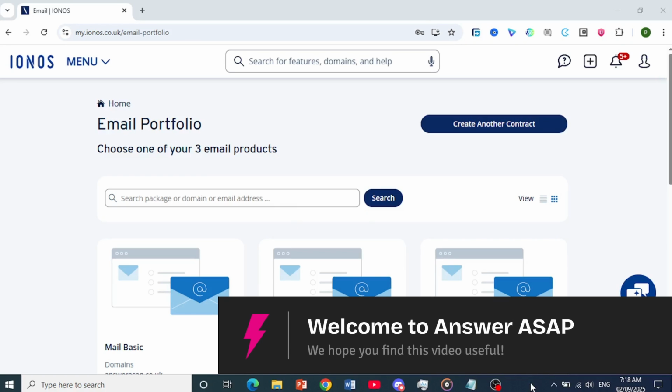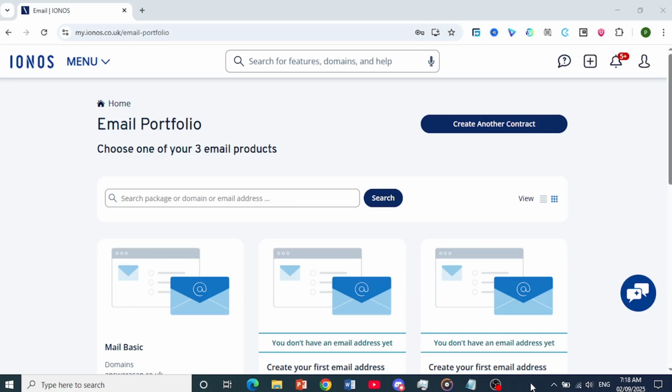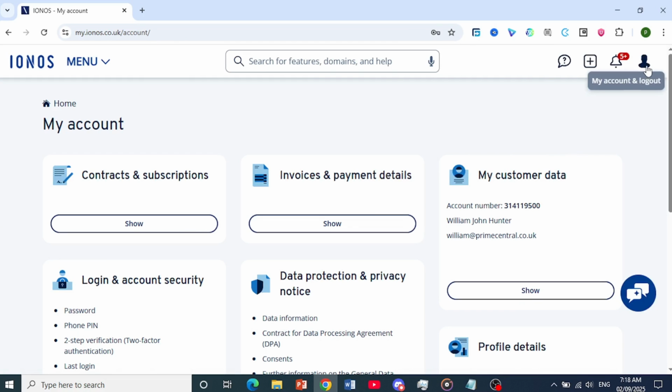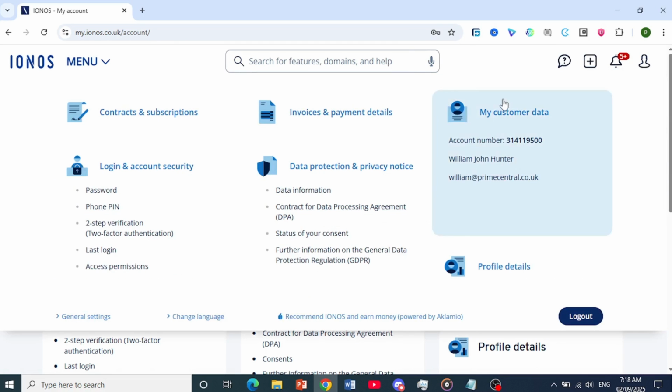Hey guys, in this video, I'll show you how to change password on Ionos. Now, once you logged into your Ionos dashboard, you can either come at the top and click on menu, and then just choose my account, or you could come at the top right, click on your profile icon, and then